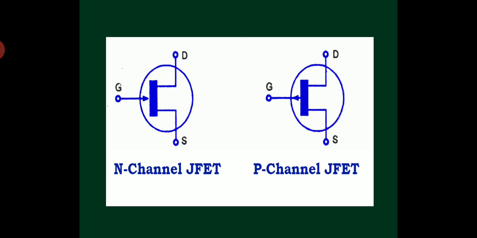Why it is much more easy than fabrication of BJT means, as I said in my previous class, in BJT, the three terminals, emitter, base, collector terminals. Emitter is highly doped, base is lightly doped, and collector is moderately doped, right? And the emitter width is high, base width is very thin, and collector width is much more greater than the width of emitter region. So these rules I have to follow while fabricating BJT.